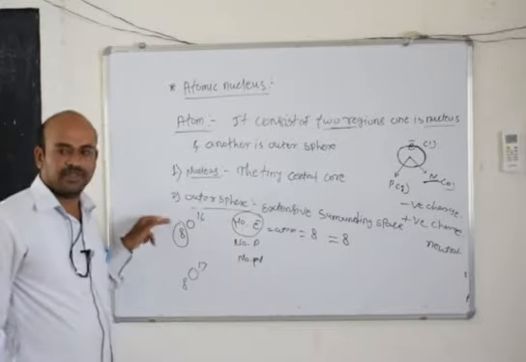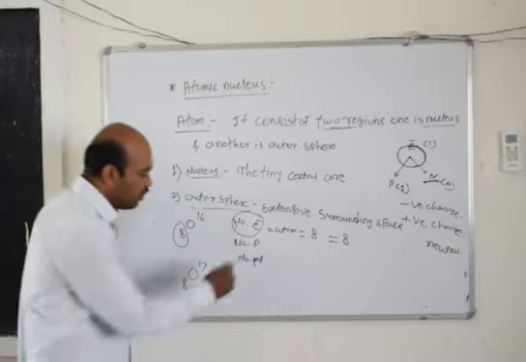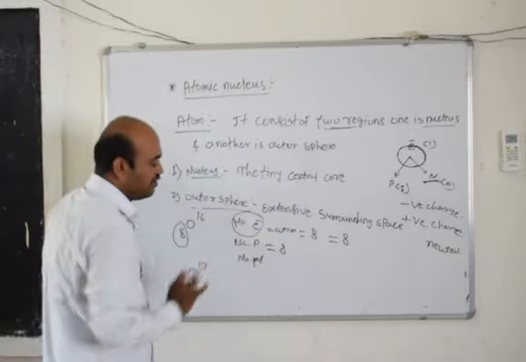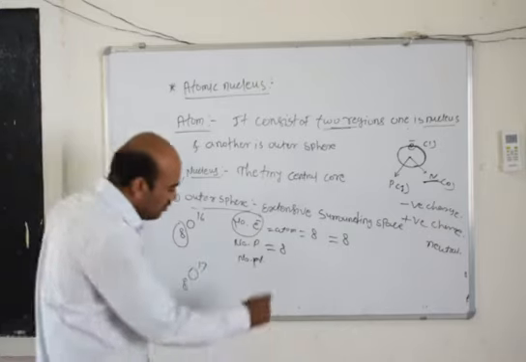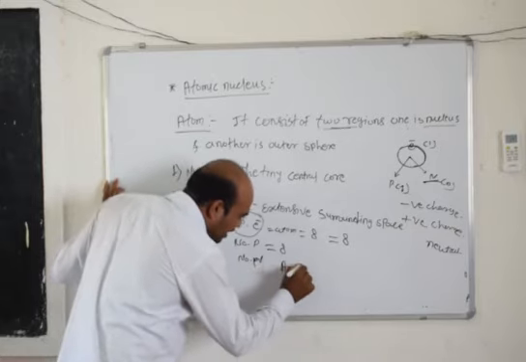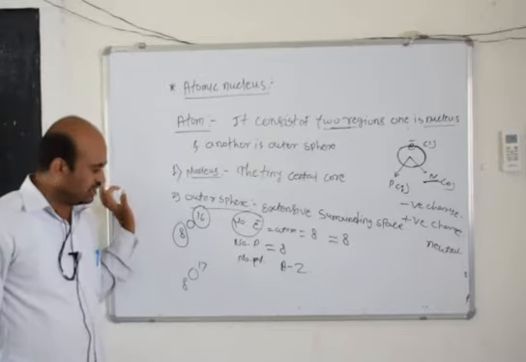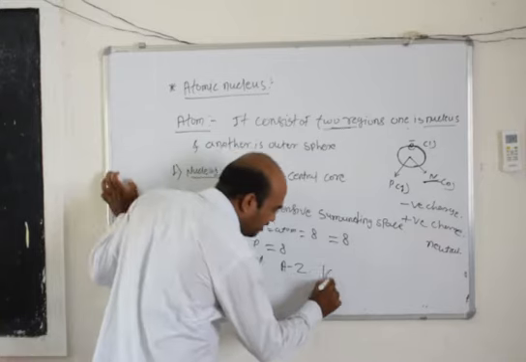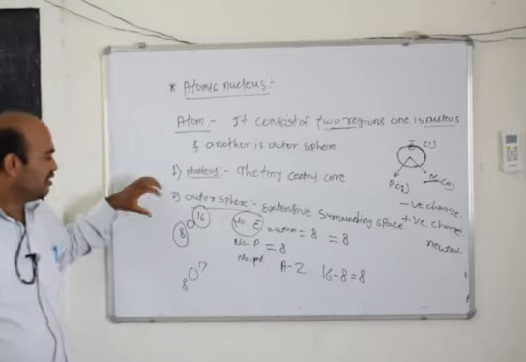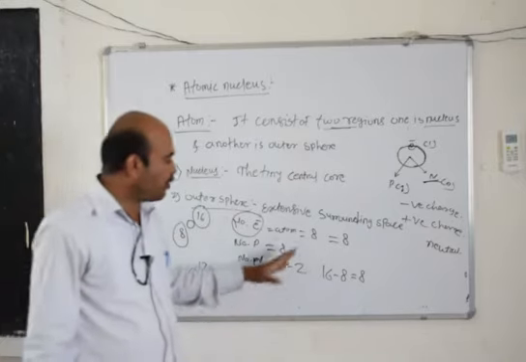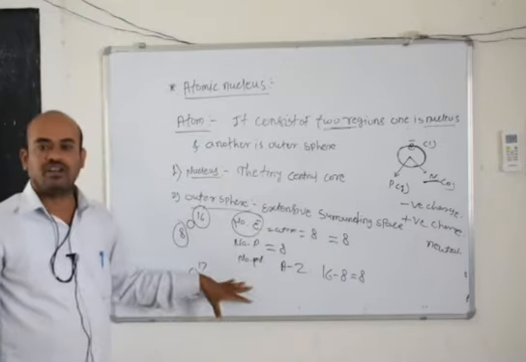These are the atomic number, number of electrons and number of protons. The number of protons is equal to 8, the number of electrons is equal to 8. Then the last one, the number of neutrons, is A minus Z. In oxygen, A, the mass number, is 16. Then 16 minus 8 is equal to 8. So in oxygen 8-16, protons are 8, electrons are 8 and neutrons are 8.